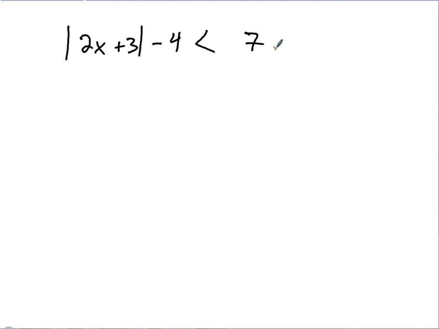Okay, let's try that one. Okay, take a look, please. So what about this one here? Before we do anything, what do we want to do? Plus, solve four. Okay, we got to add 4 to both sides. We got to get the absolute value by itself, right? Yes. So if I add 4 to both sides,